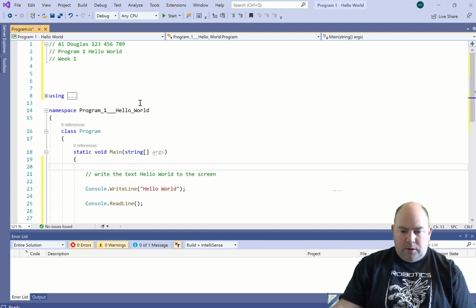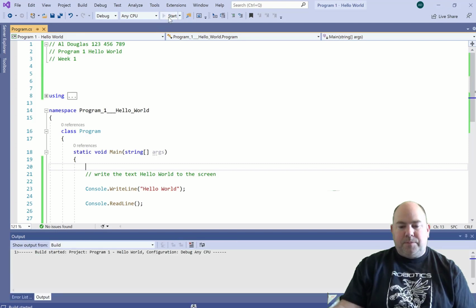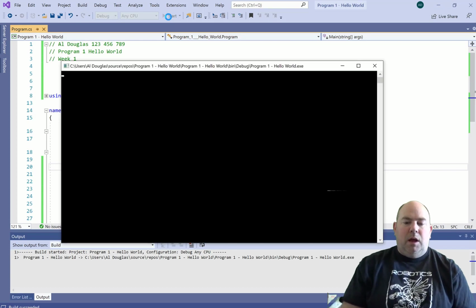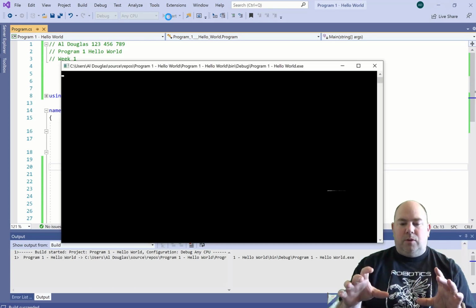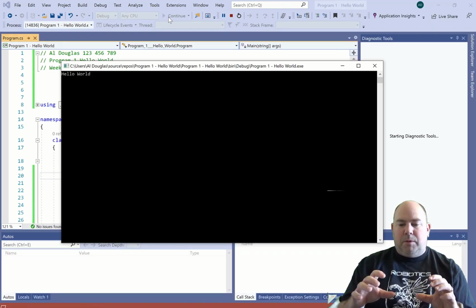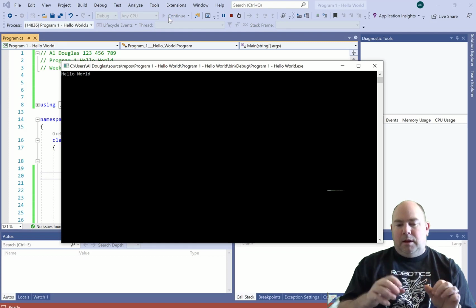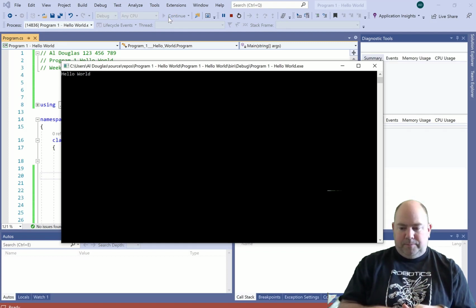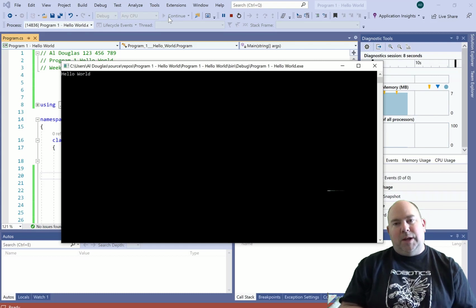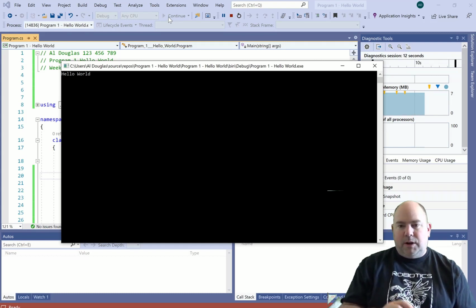All right. So if I push this button here that says start right at the top of the screen, that should actually execute the program. So let's see what happens here. I'm going to hit start, builds the code, runs it. Now I get this console that comes up and it says hello world. Pretty impressive. That's my program. Now you can see it just sits here. If I hit enter,